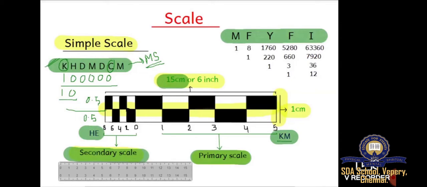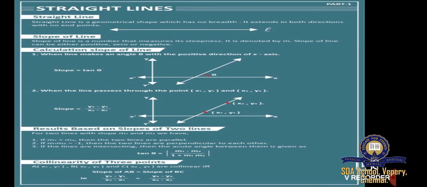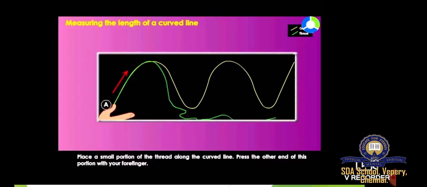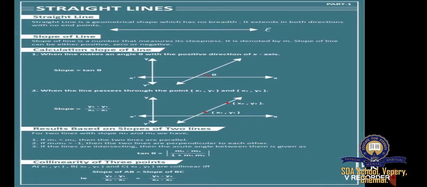Next we have measuring distance on a map using scales. The distance can be measured on the map using a straight line or a curved line. Let us learn now how it is measured. Measuring straight line distance. The straight line distance on a map can be easily measured using a strip of paper with a straight edge in the following way.